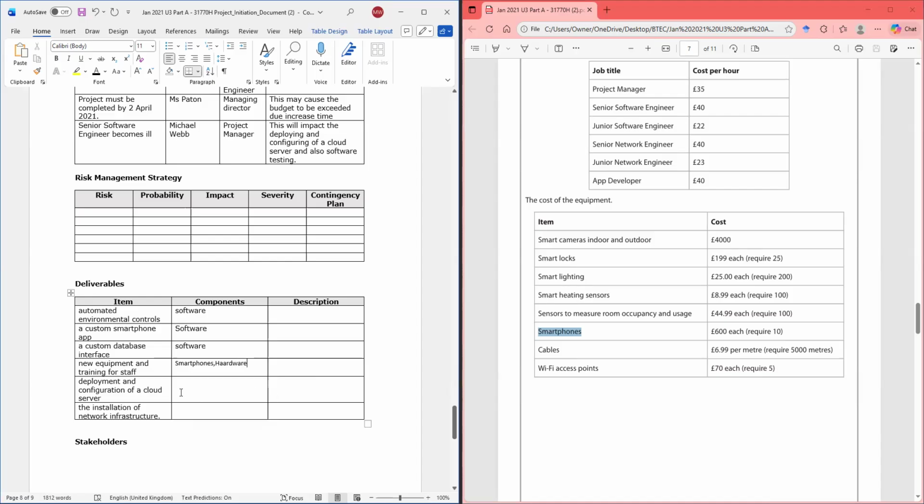Okay. Deployment and configuration of cloud server. This would be database for collecting smart systems data.